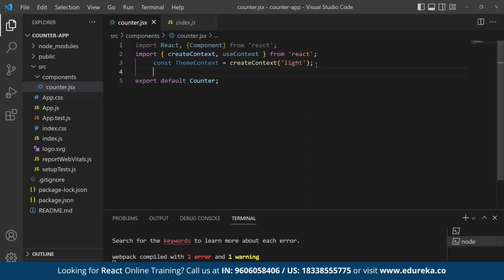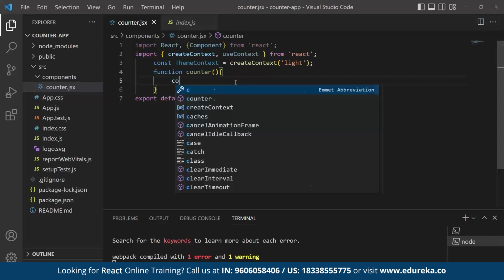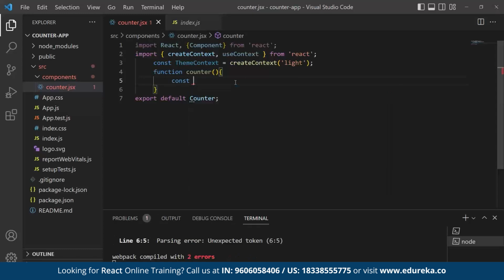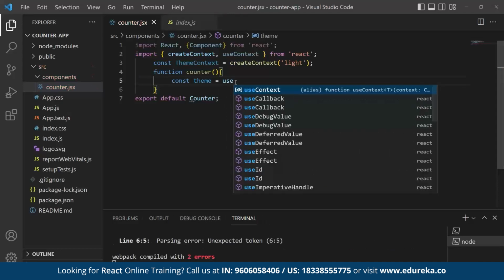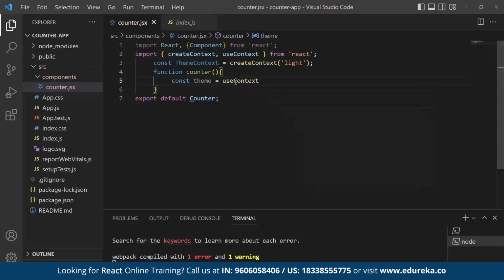Now let us create a function counter. Now let us use the context to access the current theme, right? So I am specifying const theme, and we are using useContext in